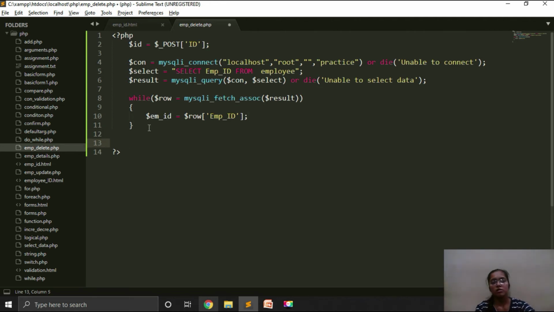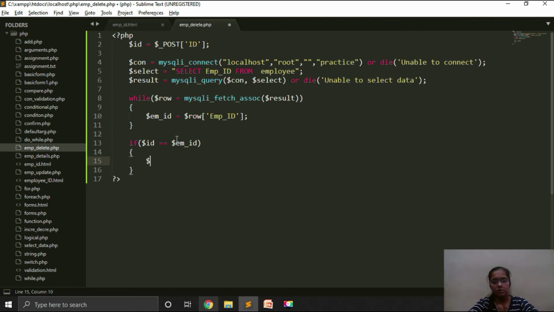Now we have to check whether the ID entered by the user exists in the database or not. For that an if condition will be used. If id, meaning the id entered by the user, is the same as the id that is fetched, em_id, so if both ids match, then we have to delete the data.